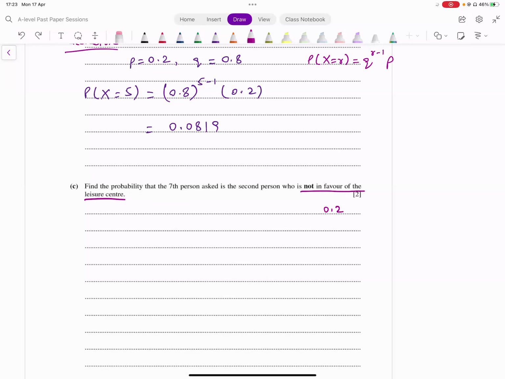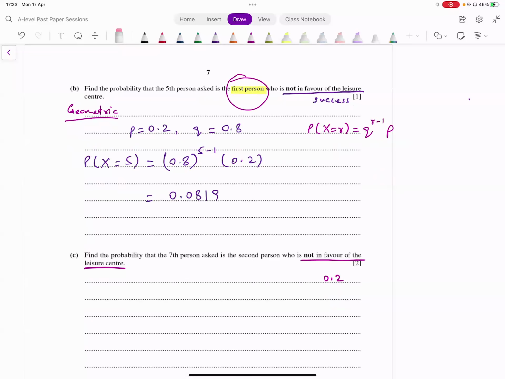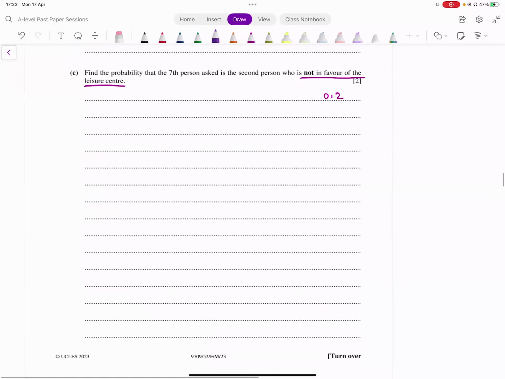It's actually none of them, because geometric में हम सोच रहे होते हैं first success. यहाँ पे first success की बात नहीं हो रही, second success की बात हो रही है. Binomial में हम देख रहे होते हैं number of successes. यहाँ पे number of successes की बात भी नहीं हो रही, यहाँ पे second success की बात हो रही है. It's none of them. Or in a way you could also think it's a combination of both, because आप ये कह रहे हो कि 7th जो है, this should be a success, and we are defining success like this, of course. 0.2 हम success कह रहे हैं, probability not being in favor. So the 7th जो है वो success है,